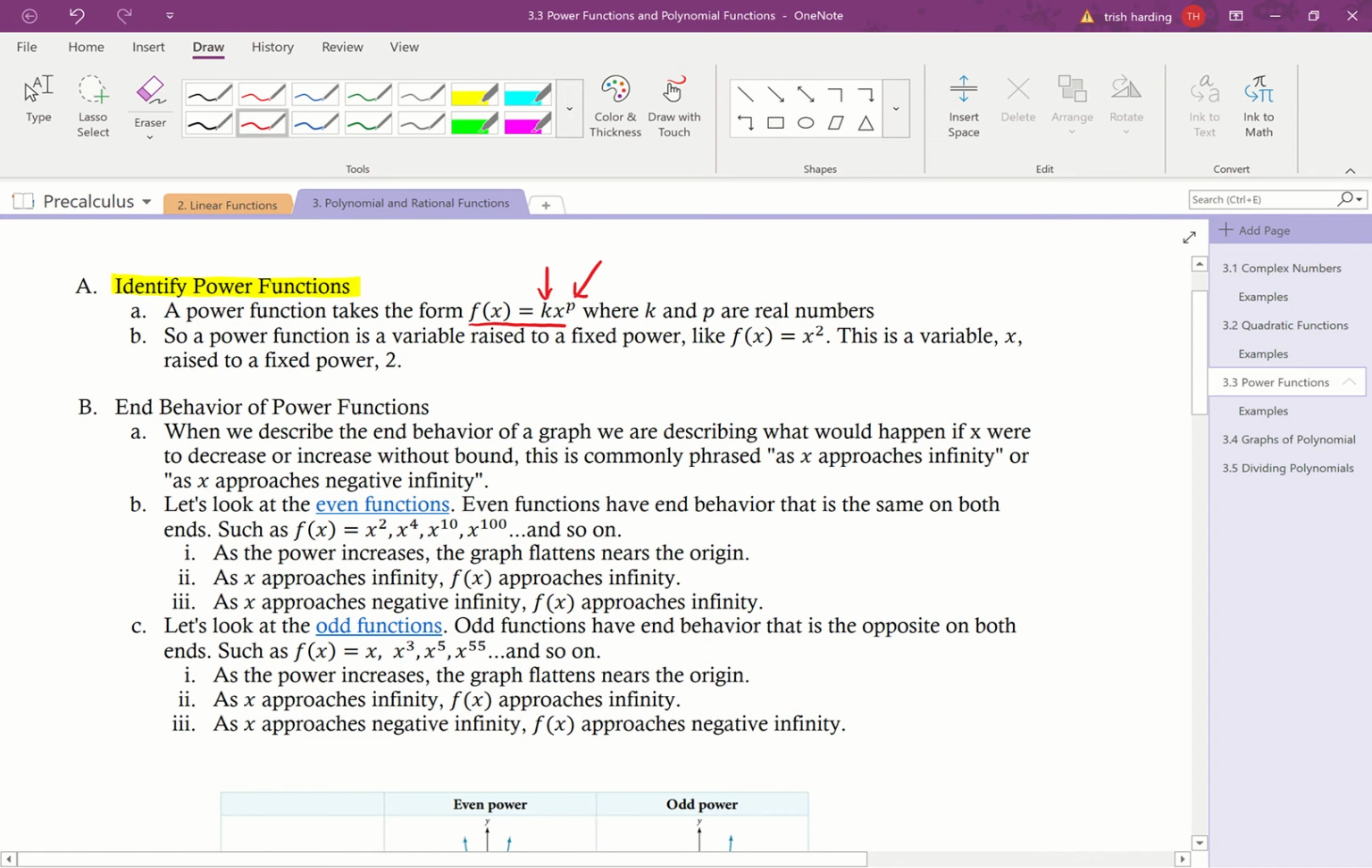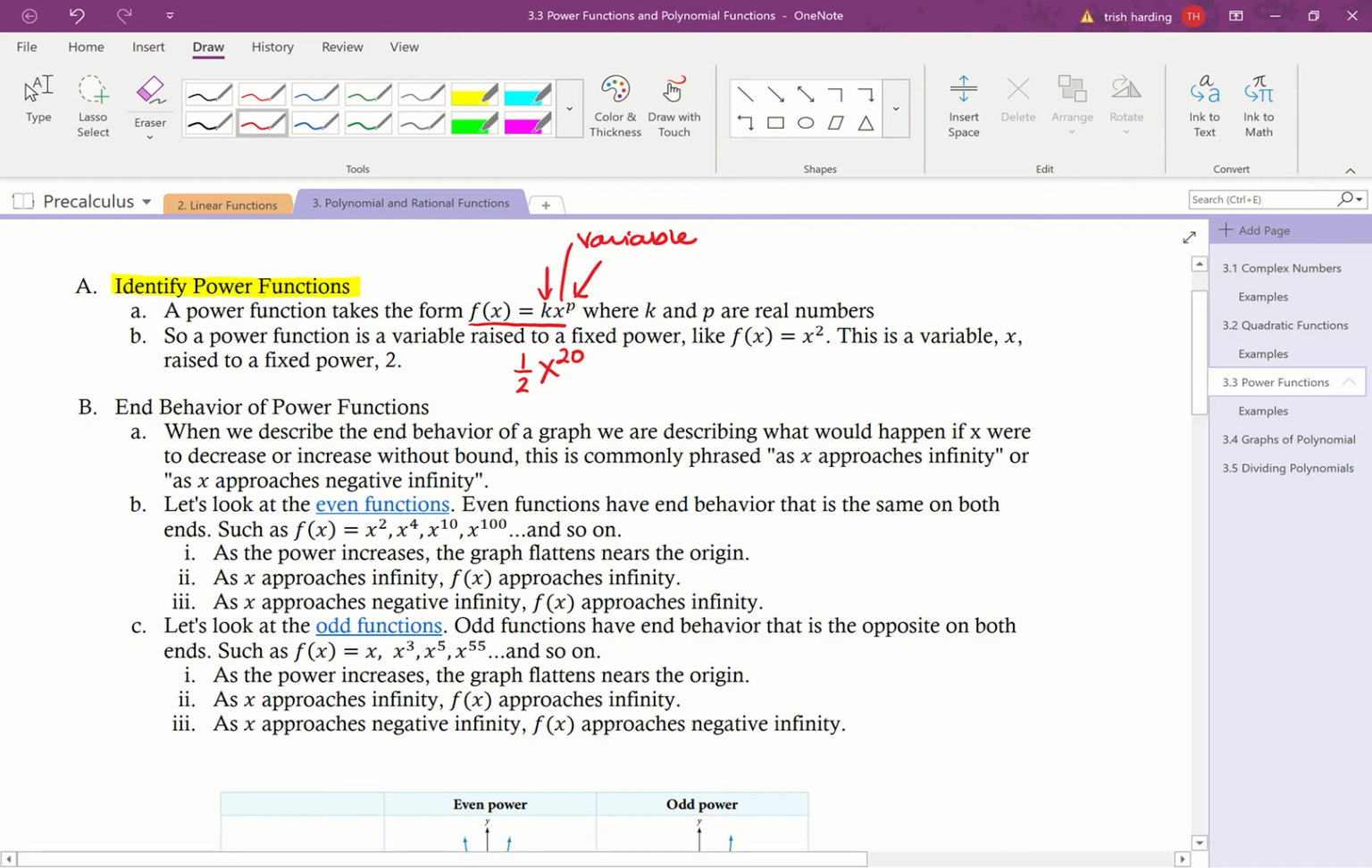x would be a variable. So this is an x as you would normally see it. So it's a variable raised to a fixed power, like f of x equals x squared. That fixed power is 2. Half x to the 20th, that's also a power function. These can be pieced together to make other functions, which is why we're going to go ahead and have a look at